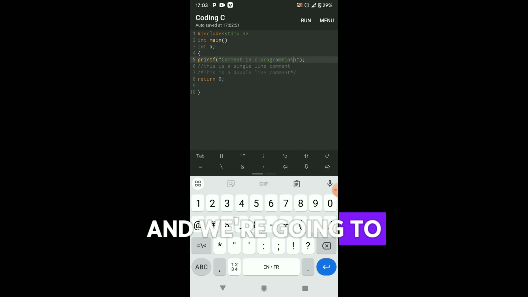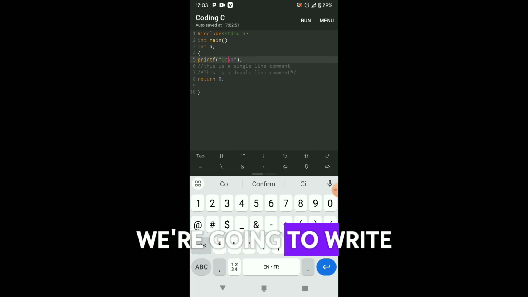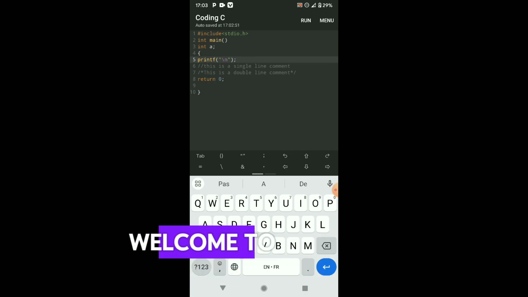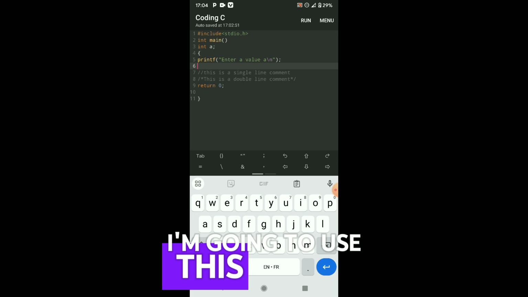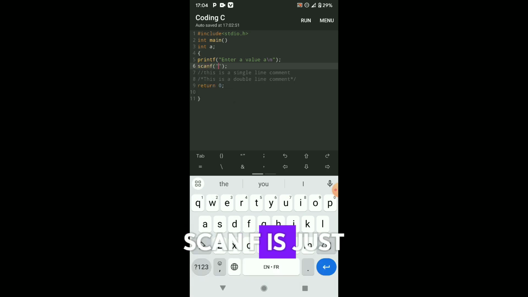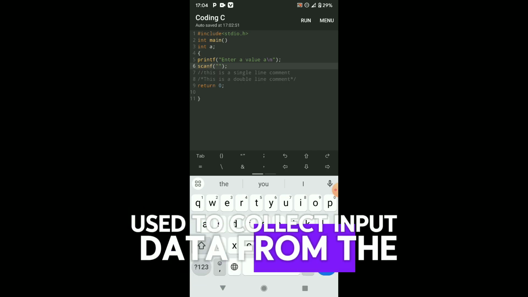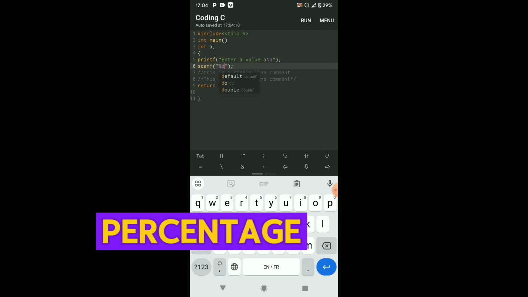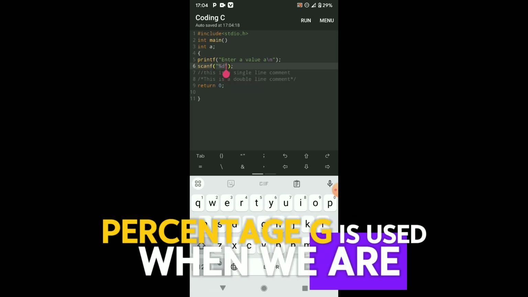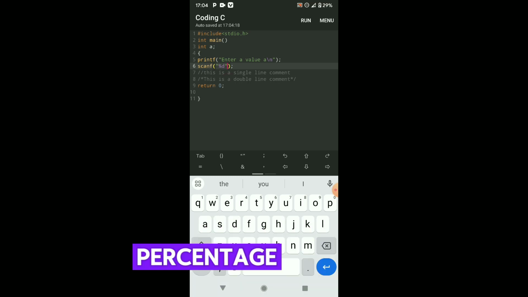We're going to write a line of code that is going to take a value a. So we're going to write printf, telling the user to enter a value a. I'm going to use scanf. Scanf is an input function in C programming used to collect input data from the user. Scanf, %g. %g is used when we are dealing with integers, numbers, basically anything numbered. We're using %g, comma,